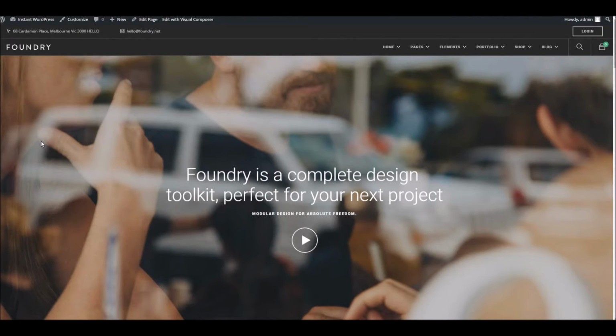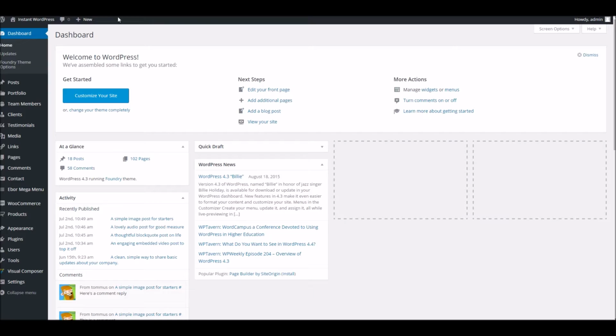I'm just going to take you through the custom post types available in Foundry. We've already got one detailing the portfolio, but this is a general overview of the others that we include. If you look in the admin area, you can see we've got the traditional post type provided by WordPress. We've got portfolio, team members, clients, and testimonials as well. I'm just going to take you through what each of these are and how they work on the